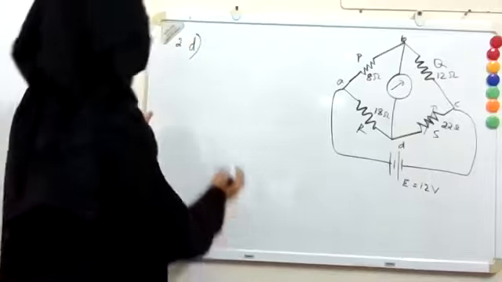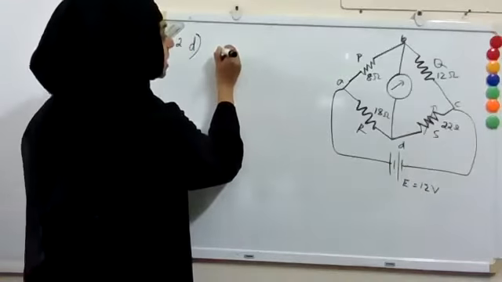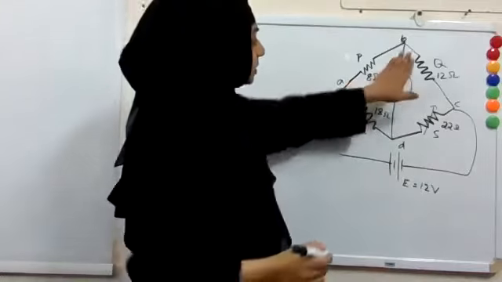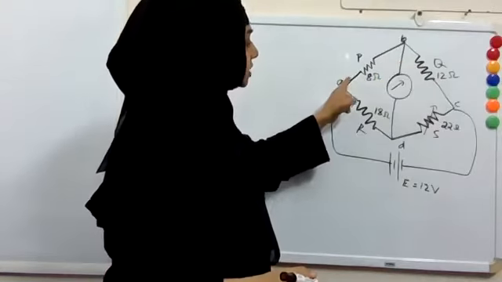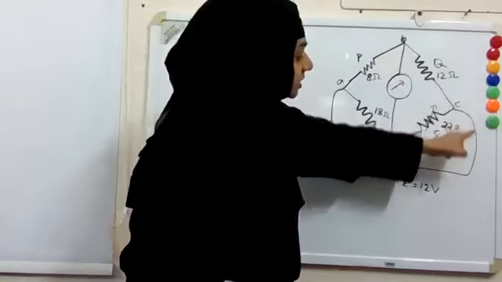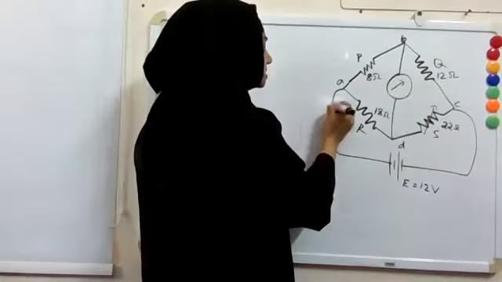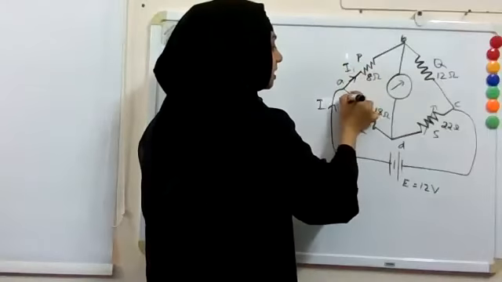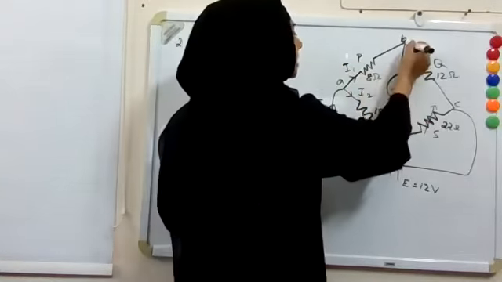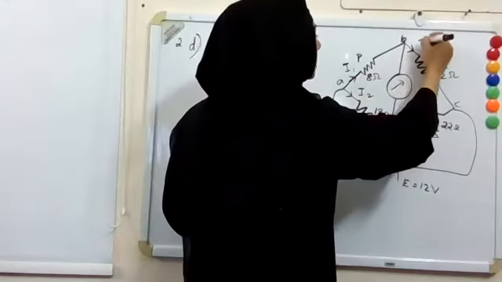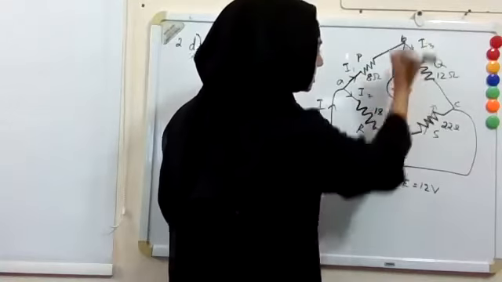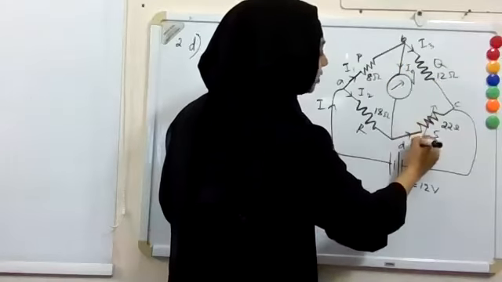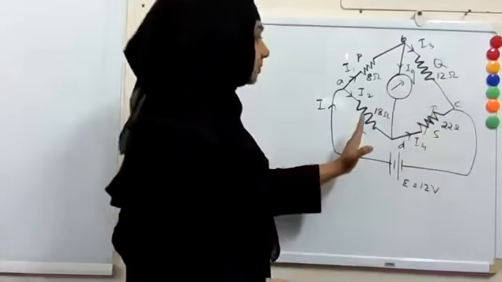So without the galvanometer, if I draw this diagram, there is no galvanometer. So the current coming here will go from here to here. Suppose I is the current coming here. It splits into I1 and I2. And then this will go as I3. And some current may go through the galvanometer and some will go as I4, right? This will be the case.